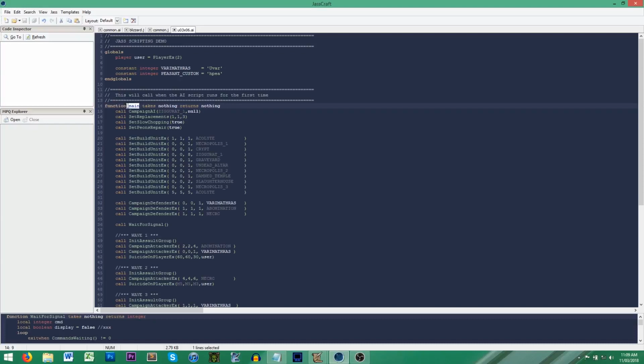Now, main is called whenever the AI script runs for the first time. So it is within this function that you will actually order the AI to build units and send attack waves. So starting from the very beginning, we've got a few calls here, and some of them are essential while others